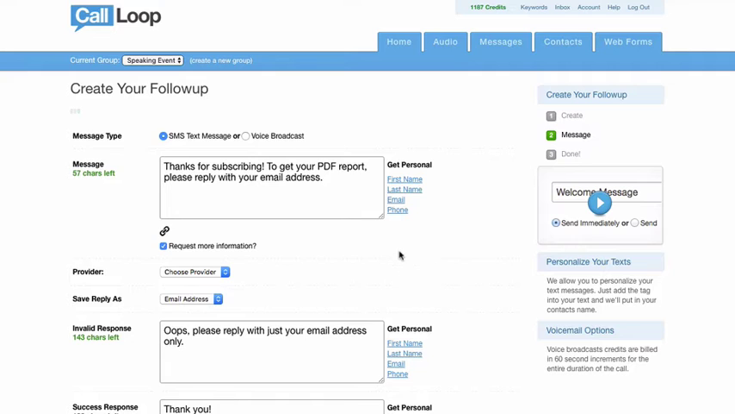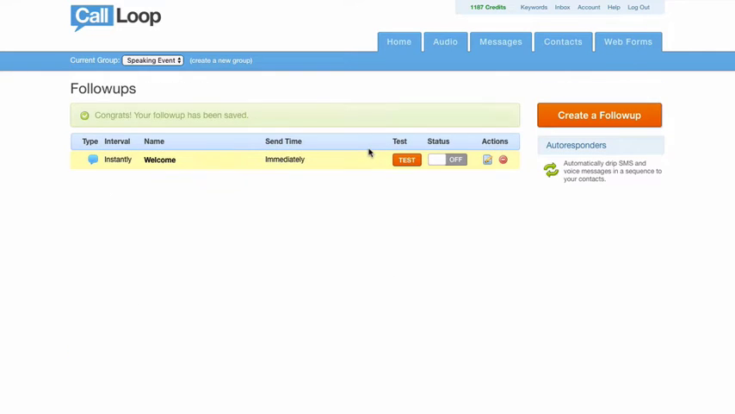So we're just going to create this follow-up here. Okay. And we're going to go ahead and turn this on. Now, the only way to test a text to join is to send in a text message. So now that we've set up our group, we've set up our follow-up, we want to go over here to